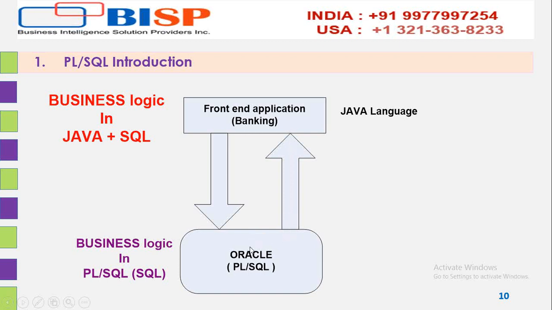that is, the database. Due to this there will be huge traffic, and the application performance will also be reduced, because for each transaction it has to connect back to the database and get the data, and then do the operations like credit or debit. So if the same application has its business rules written in Java,